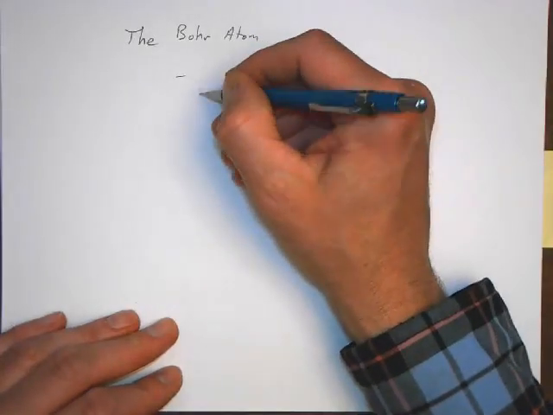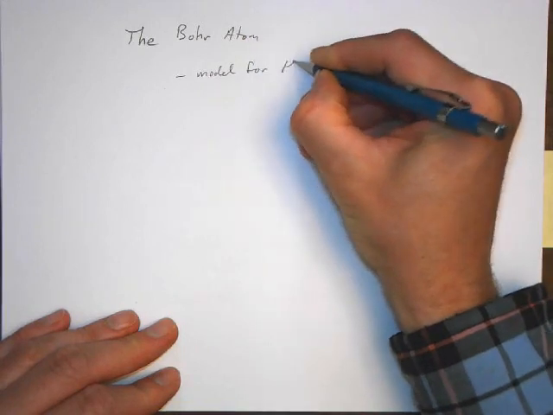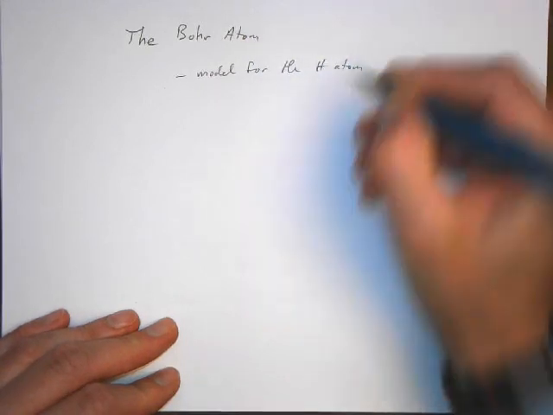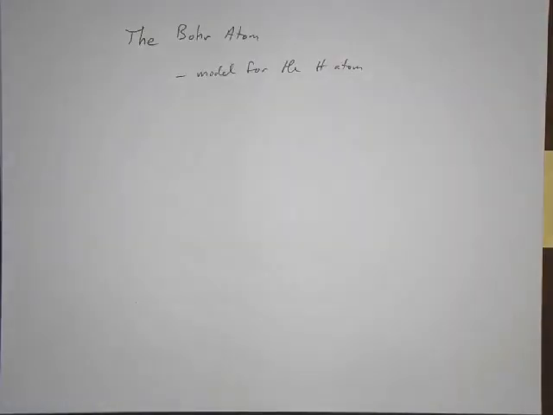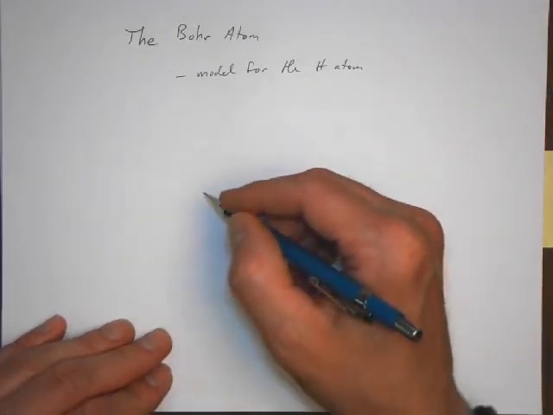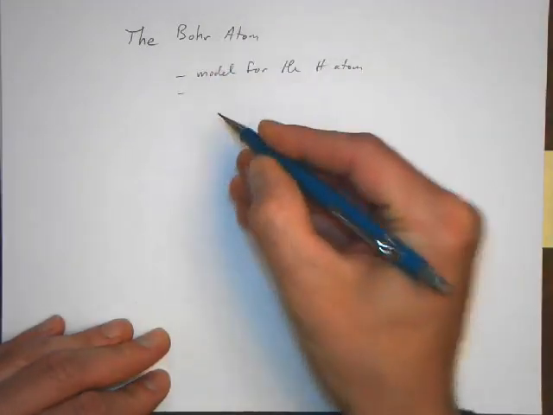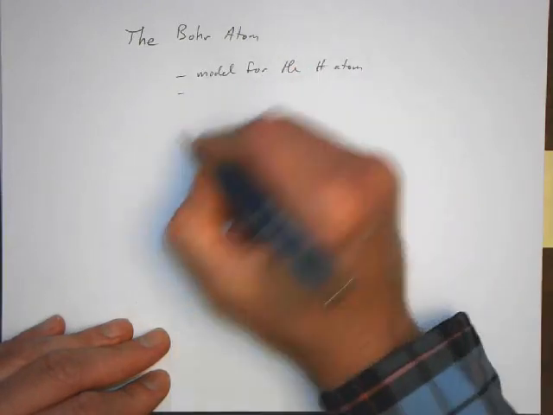The important part is that it's a model for the hydrogen atom. Remember, our goal in this chapter is to figure out where the electrons are in space around an atom, and what role they play in chemical bonding, and so on. We'll get to that soon, so for right now, we're trying to answer where electrons are around an atom. We know they're not in the nucleus. We know they're someplace around the atom itself. So the Bohr atom is a model for the hydrogen atom.